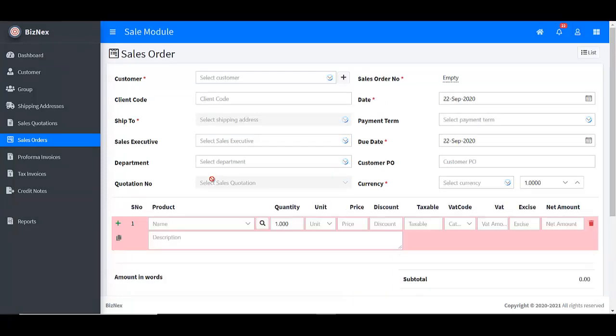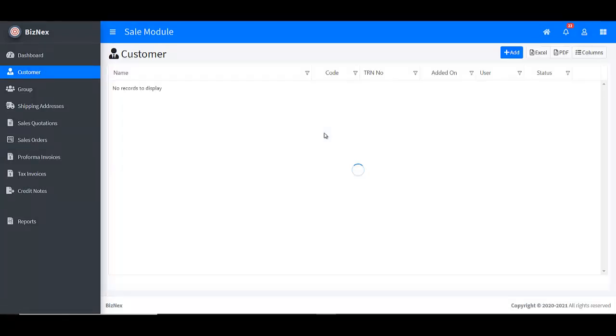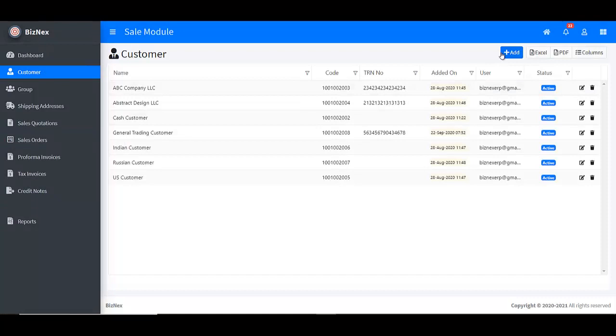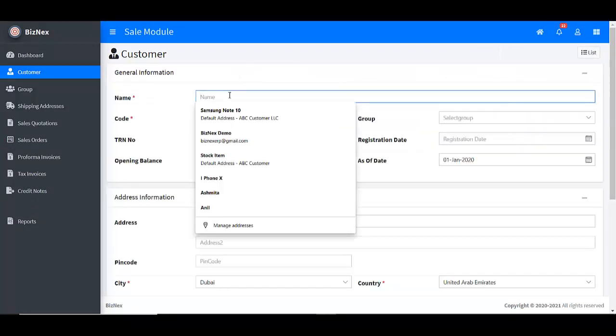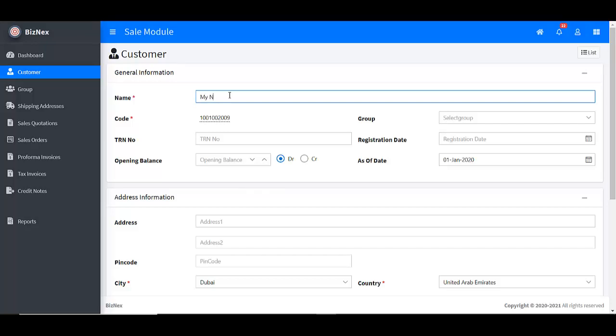First of all, I want to show you like how sales order we will make, how sales invoice we will make. So I will use new customer. So in this video you will learn how to make the new customer also. So I will go to add and my new customer. Here auto generated code is automatically coming, no need to change.